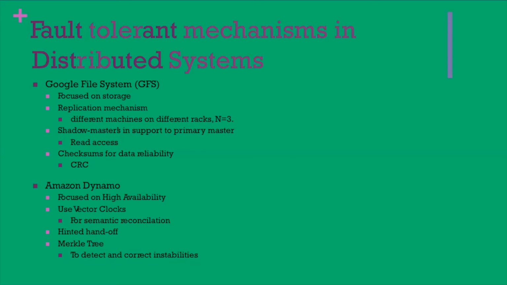The second one is the shadow master, in support of the primary master. If you lose the compute node, there is a backup node called the shadow. That shadow node takes over the compute and continues the processing. And the other part is data integrity. So what is data integrity? If you write, let's say if I write my name Guru,